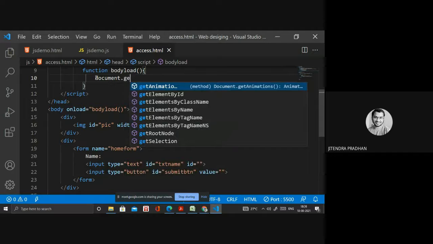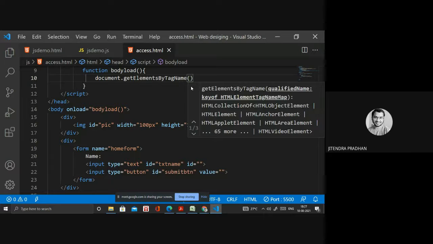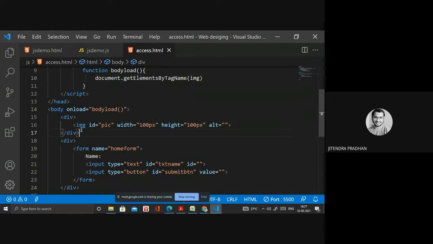We have the tag name inside that. You have to write the tag name inside. What is the tag name I will be using? Image, img is my tag name. Have you observed that inside the body I have written the image tag img? So I want to access the first one.